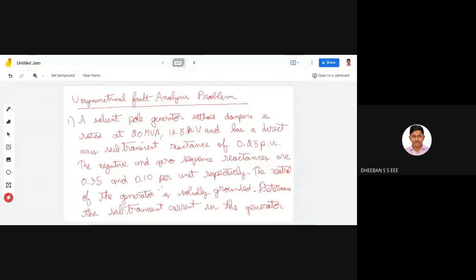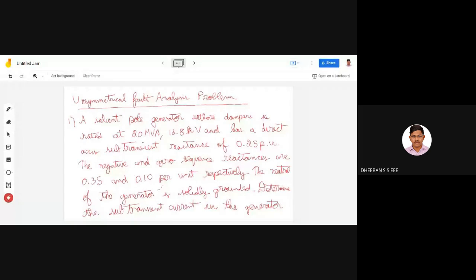Moving on, we'll be dealing with the first primary problem related to the line to ground fault. This lecture will deal with this particular problem, the line to ground fault. What they have given in the problem, we have to first see through it. They have given us a generator, which is nothing but a normal generator they will be using at power plants.